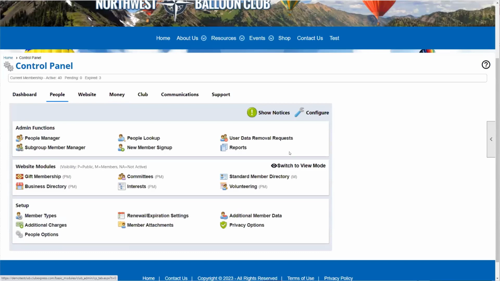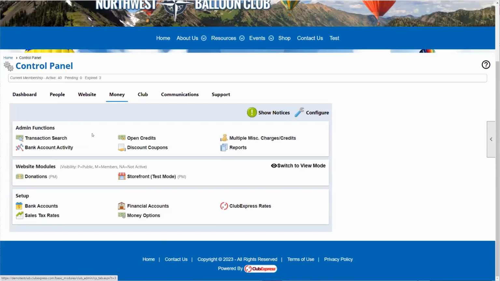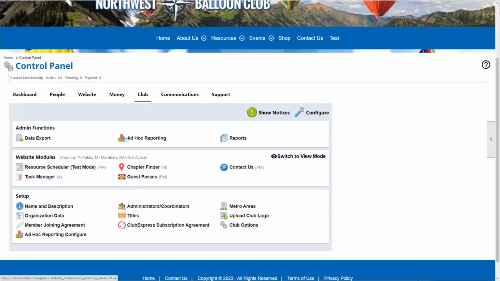So all of those features are back-end, back office only. And to just touch on what some of those features might be. For example, in the People tab, you have your People Manager. That's your member and non-member database. In the Money tab, you have your Transaction Search feature, which is essentially your transaction database. In the Club tab, you have data exports, reporting,